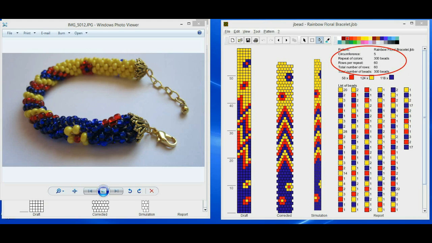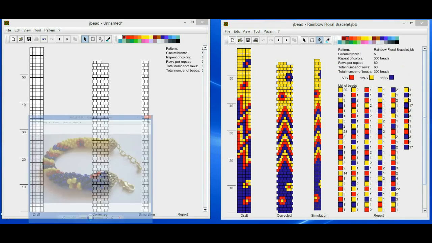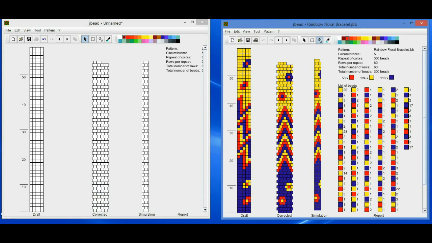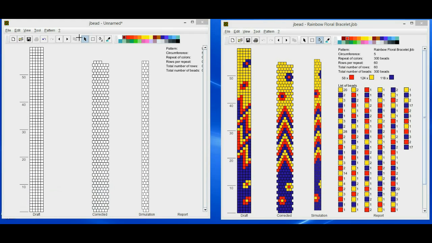Next, we'll look at the tools in the software. There are a total of 4. The main ones I use are the pencil, fill, and pipette tools.